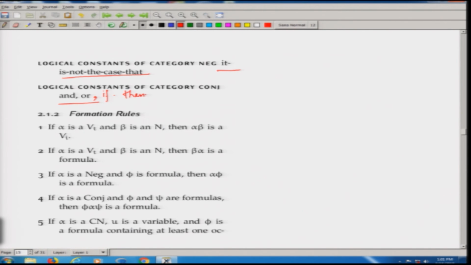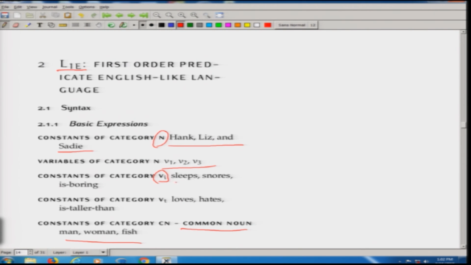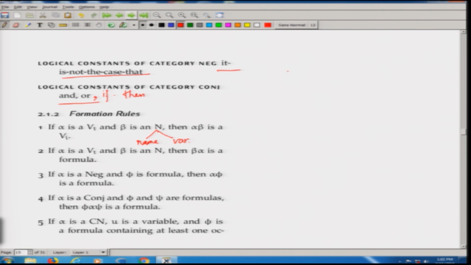Now the rules: if alpha is Vt and beta an n, then alpha beta is a Vi. Now n, you remember that n may either be a name or a variable, anything. So by having this rule, we can have something like, our 1 plus predicates are sleeps, snores, and is boring. So not common noun, 1 plus predicate. So we can have something like